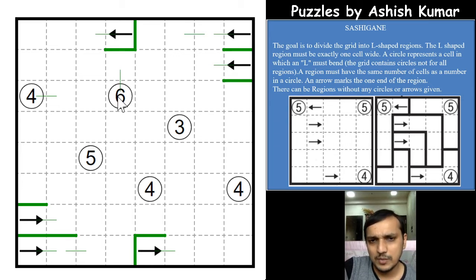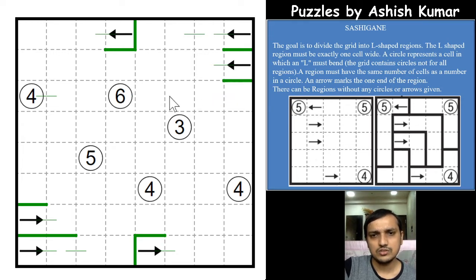So what happens if one of these one cell regions is part of the 6? Then due to the bend here, it cannot go here because it will form a 3 cell region. It has to go here, all the 5 cells, and you form a 6 cell region here. But both of these regions cannot form an L shape now. This has to extend this way, and it will extend this way, and it cannot form an L shape now. So this way we conclude that this cell is not part of the 6.